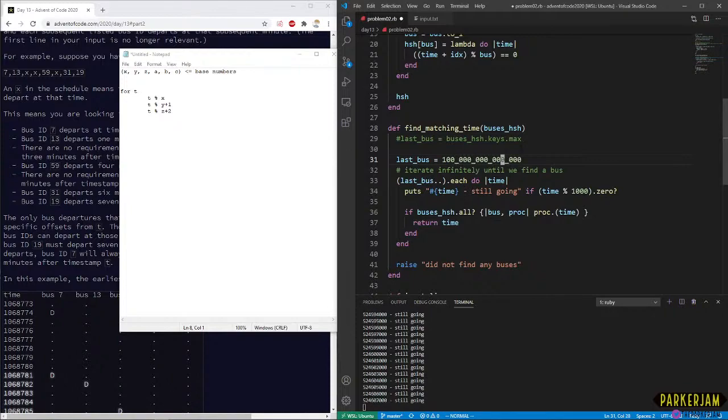What's this? Thousands, millions, billions, trillions? So we're definitely nowhere near that yet. So let's just try it with a really big start and see if we get something quick.